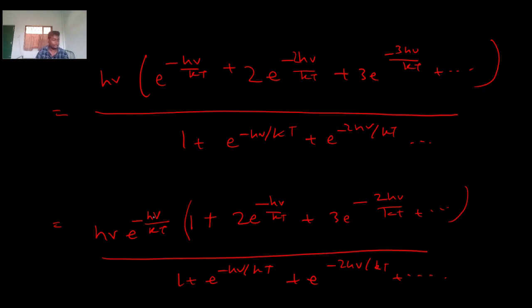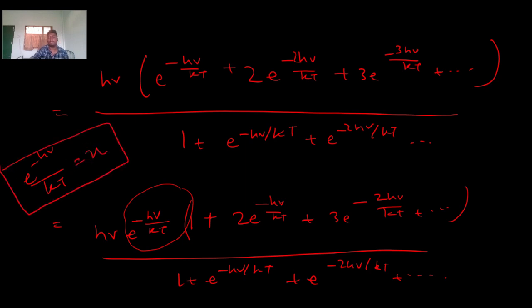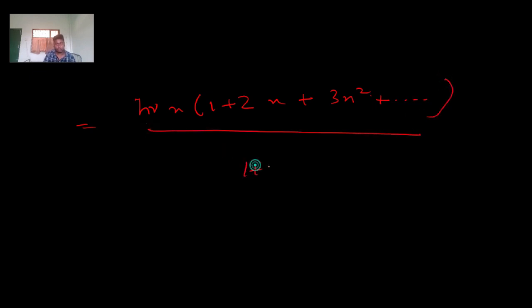And you can consider this thing, e to the power minus h nu by kT. Let us consider e to the power minus h nu by kT equals x. Okay, we'll use this in the next term. h nu times x into 1 plus 2x plus 3x square plus, and below you can give 1 plus x square plus x cube plus,